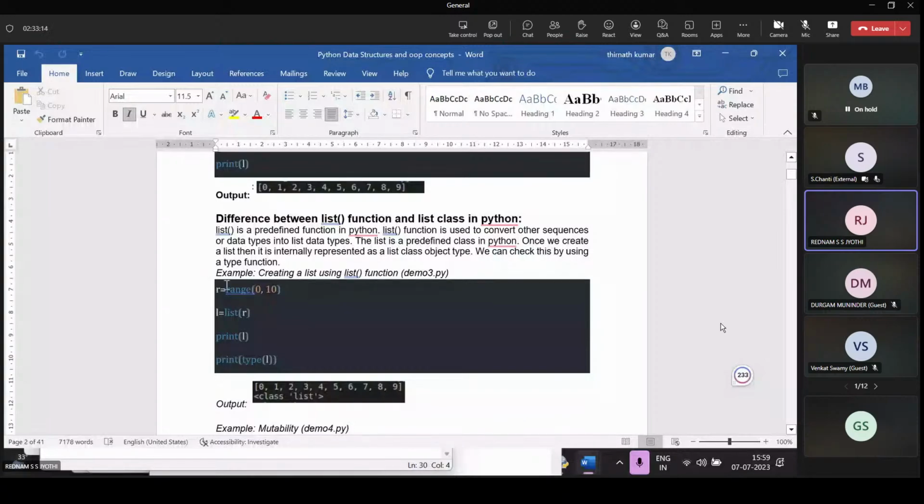Range of 0 to 10 means the elements 0 to 9 are present in R. Next, using the list function by passing R as the parameter, now L becomes a list. If you want to know the data type of L, we use the type function, type of L, and we will get class list.